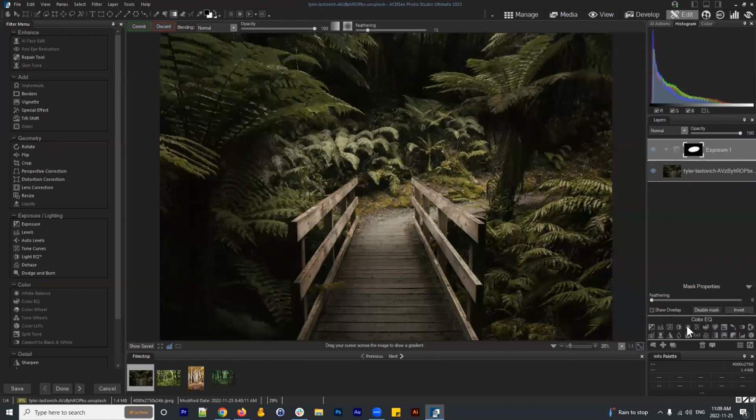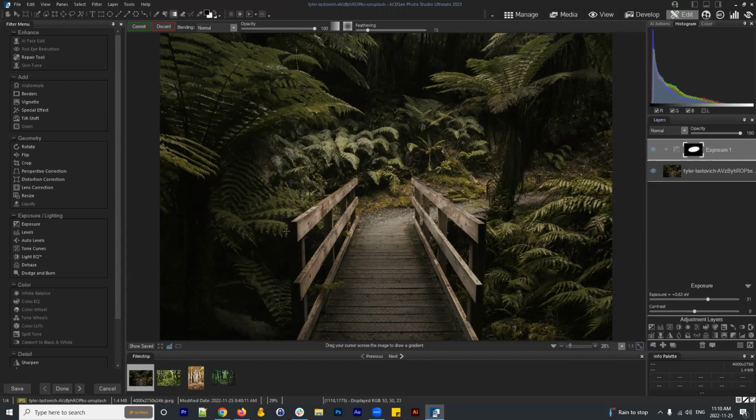So whenever you click on a mask, this set of mask properties will appear on the bottom right-hand corner here, versus when you click on the word exposure, or the little exposure icon on the left, the actual exposure adjustments will pop up. So when we click on this little mask here, we can increase the feathering, and that is going to put a little gradual effect on the very edge of this, which is an intended function for us. We want this to be a little bit more gradual than the initial effect there. And then we can increase or decrease the exposure no matter how much we like